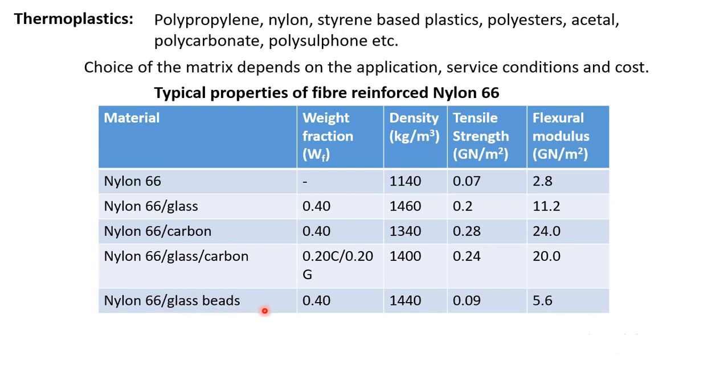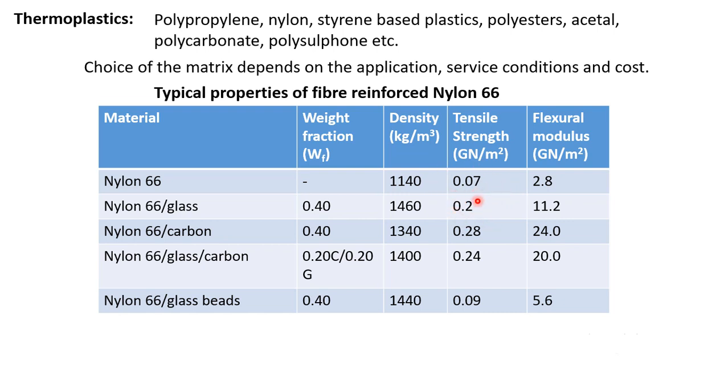So these are not fibers, these are beads, 0.4. This is the weight fraction. Now we have got the density values and we can look at the tensile strength. So this is in gigapascal. Nylon tensile strength is very close to what we can get for epoxy, 0.07 gigapascal,